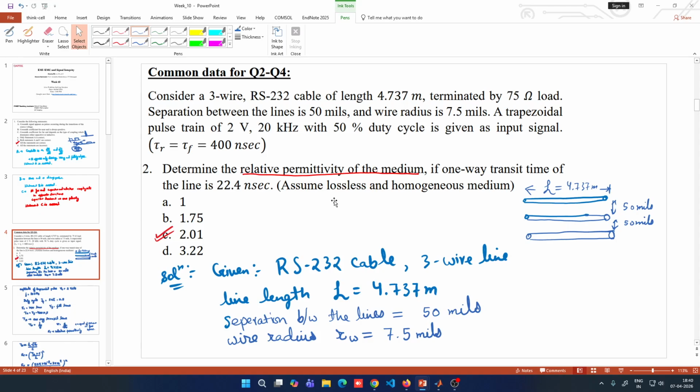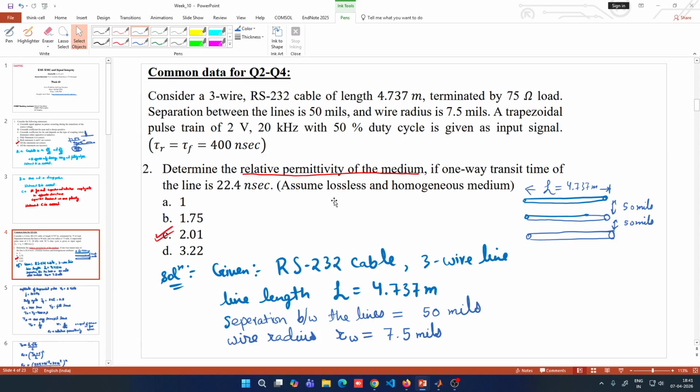So in questions number 2, 3 and 4 the same data is there, meaning the same RS232 cable is there, whose length is 4.737 meters. It is a 3 wire cable terminated by a 75 ohm load. The separation between the lines is 50 mils and the wire radius is 7.5 mils. A trapezoidal pulse train of 2 volt, 20 kilohertz frequency with a 50% duty cycle is given as input